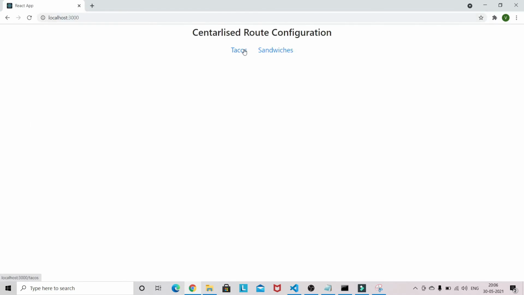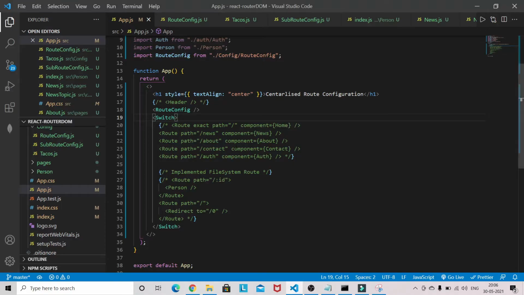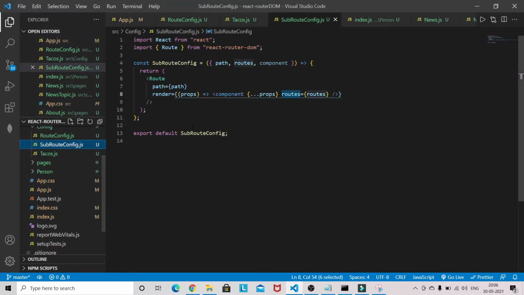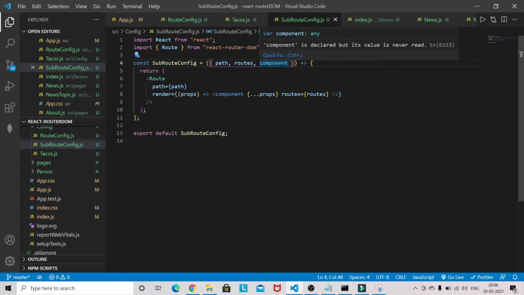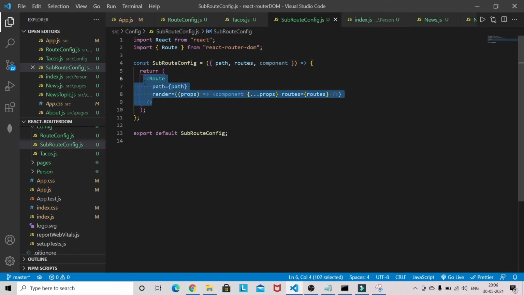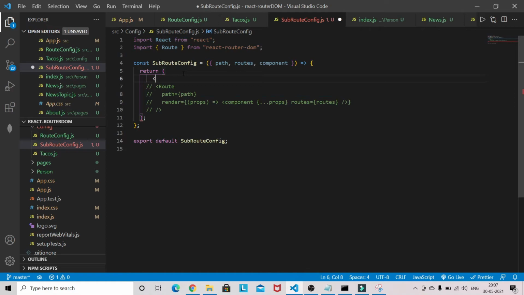Just load tacos. We are not getting it; some problem is there. This is not being considered as a component. So let's first destructure this one. I will comment this one, and I will give props only.